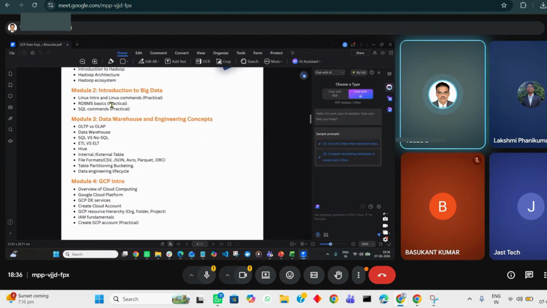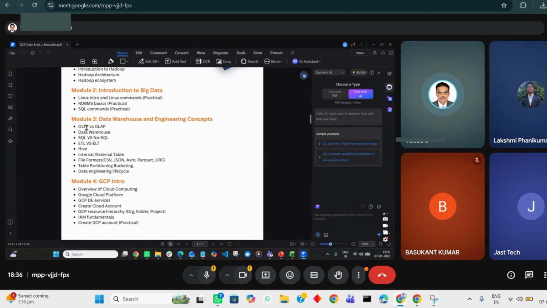And you will know the difference between OLTP and OLAP. OLAP is data browsing, plus OLTP is nothing but transaction based. That is where BigQuery comes into the picture. We are going to use BigQuery as a SQL database, I mean a columnar database. OLAP is an analytical database. It's kind of Bigtable for OLTP and BigQuery for OLAP.